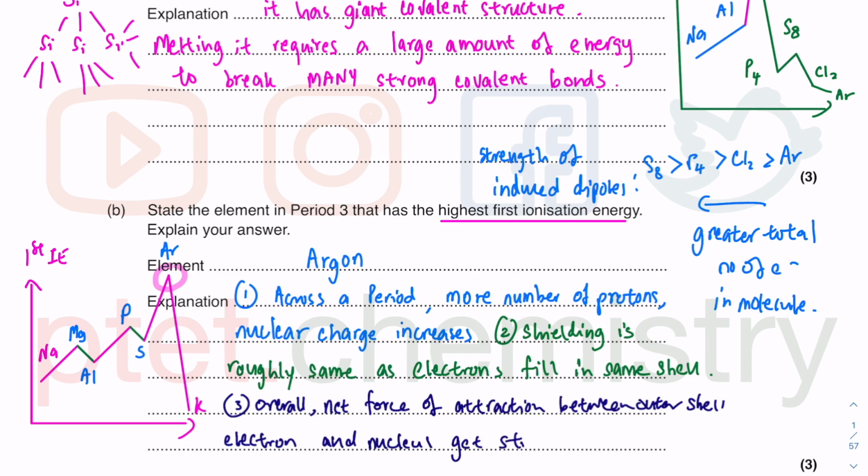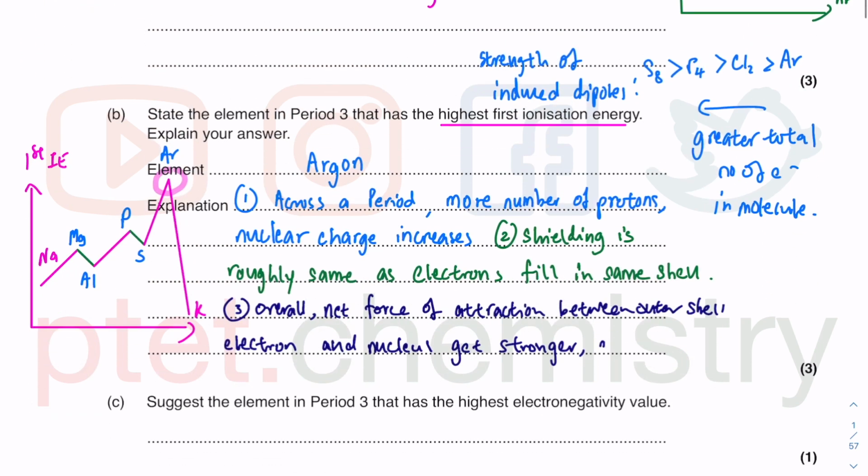If that gets stronger, then it is more difficult to remove, and that is why argon at the very end there, with a fully filled outer shell, is going to be the most difficult